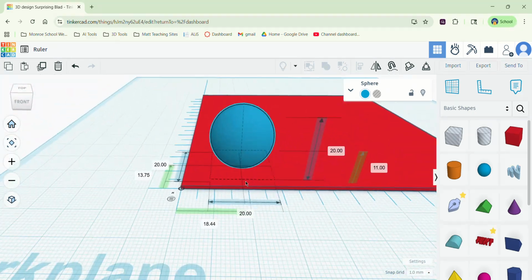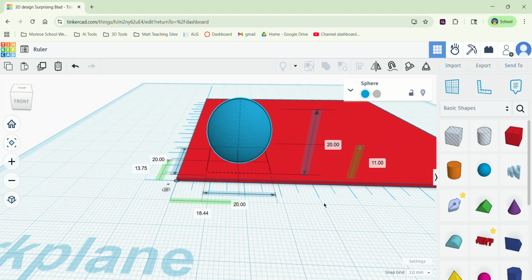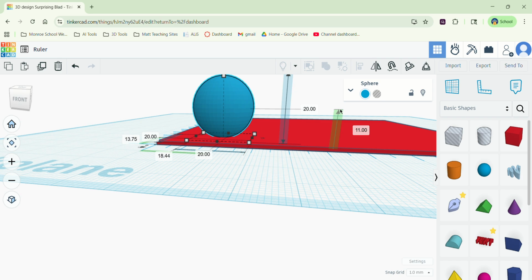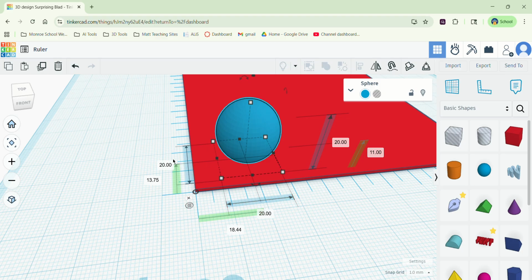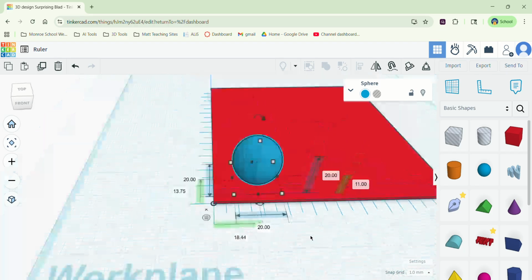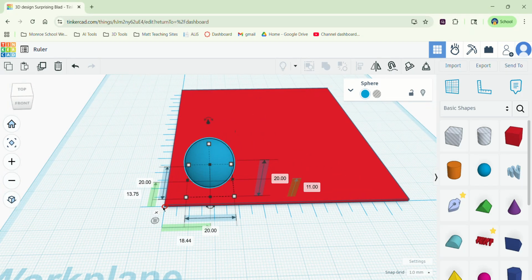It is now being measured to the center line of that sphere. So somewhere right in there tells us where that is. And what this allows us to do is we can change the dimensions of our sphere with the blue text box, but with the green text box, we can actually move our sphere around from reference from this point here